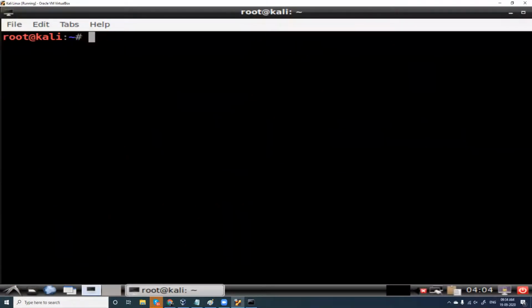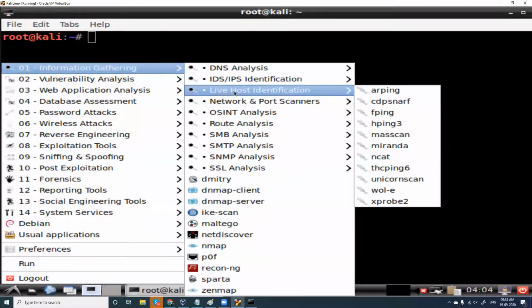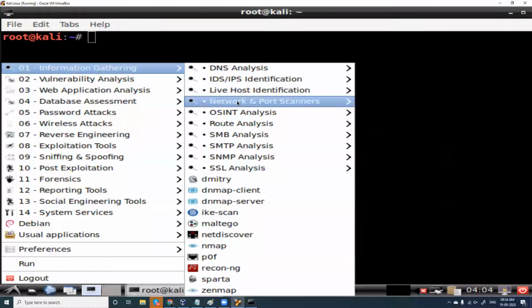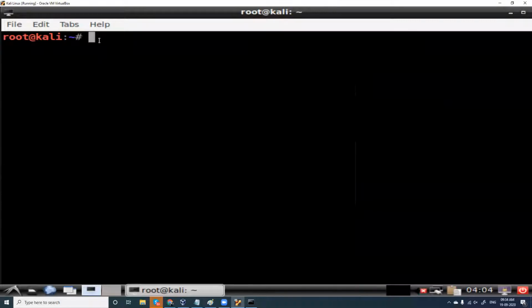For Nmap, you can go to information gathering, live host identification, network and port scanners, and you have Nmap here. Either like this, or you can open up a terminal and type nmap, and the command generally works.